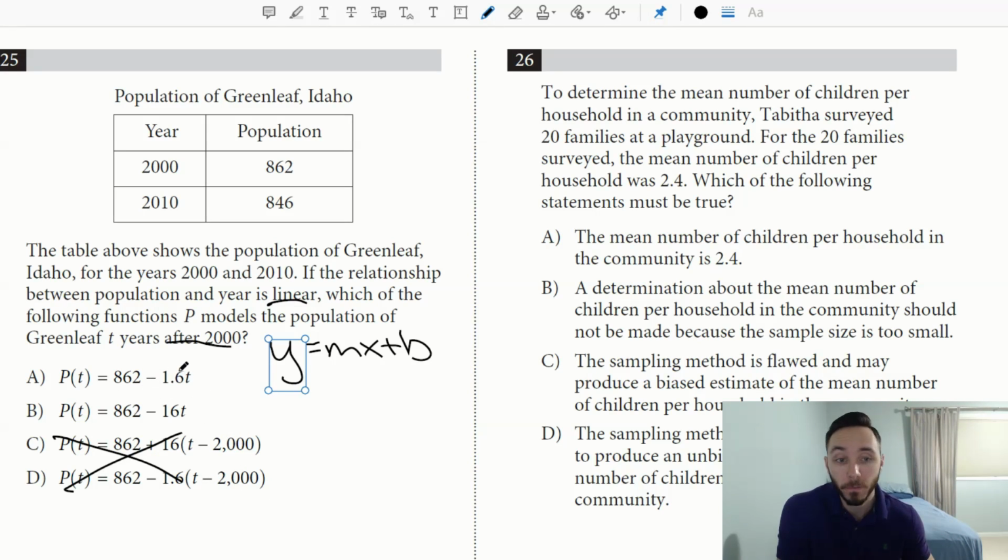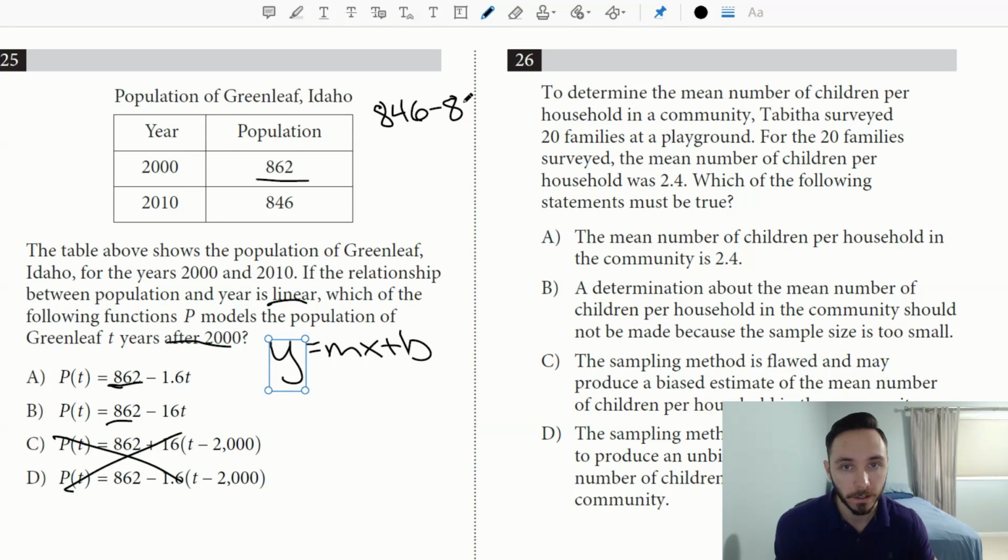So we're just trying to figure out what's the slope, what's the starting value. That's it. Very clearly here, we have the same y-intercept for both of these, which makes sense because after the year 2000, if 2000 is 0 years after the year 2000, we just start at 862. Now we just have to find the slope and we're done because obviously here these slopes are different. 1.6 is different from 16. So it's change in y over change in x. So I'm going to do